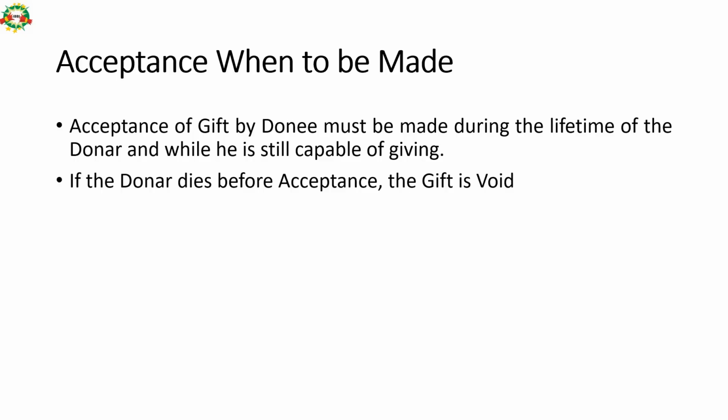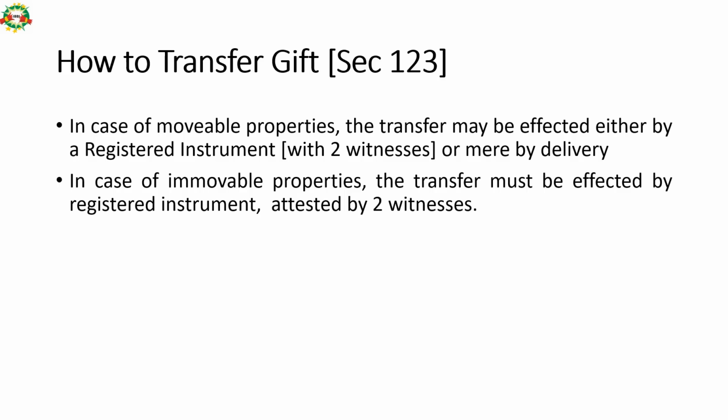I have given a gift to you, I die before you accept it, the gift becomes void. How to transfer the gift? Section 123. In case of movable properties, the transfer may be effected either by a registered instrument with two witnesses or by delivery. But in case of immovable properties, the transfer must be effected by a registered instrument attested by two